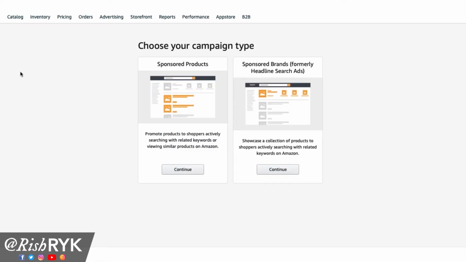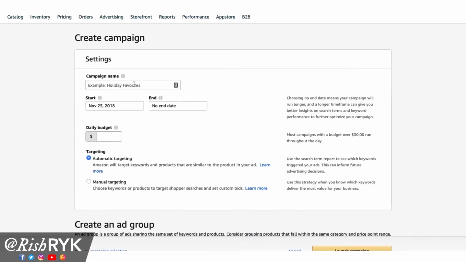Alright, so as you see, I've clicked on create campaign, and now we are in the campaign creation portal. This we're gonna skip. We're gonna select the one on the left, sponsored products. And here we're going to name the campaign. So let's name it. Let's make this fun. So demo competition snatcher. Oh, wow. That's an interesting name. So yeah.